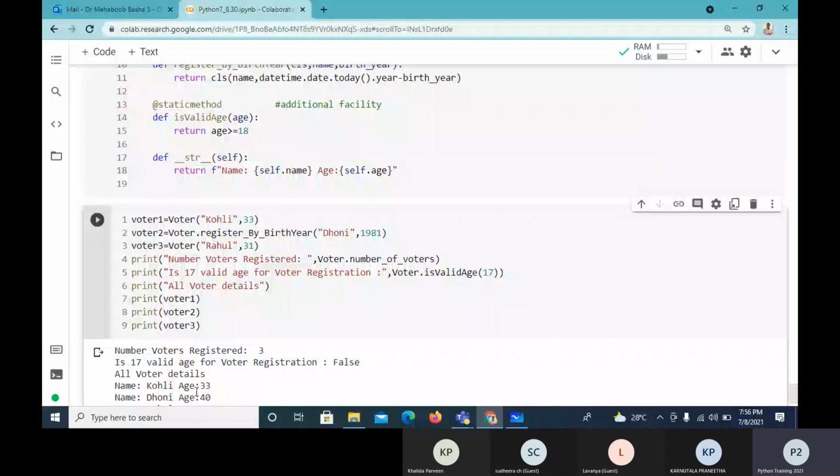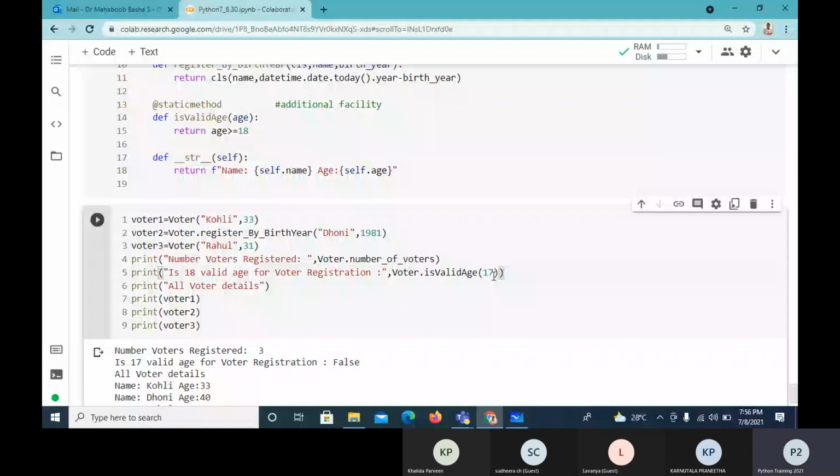I'll change this, or I can read the age to check. So here I'll say age equals int(input()), enter your age to check for validity.